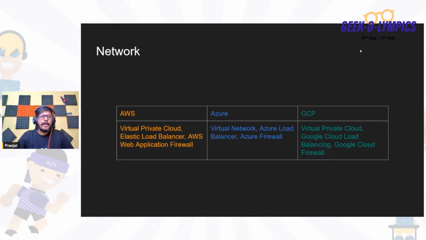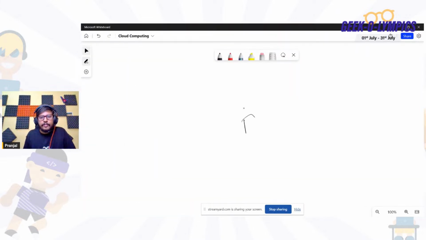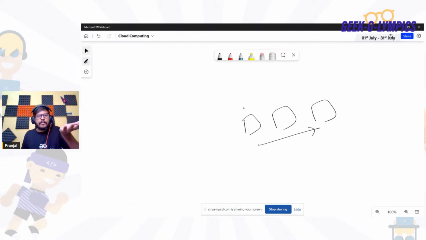Then we have the elastic load balancer, which is going to distribute the traffic among different EC2 instances. Just understand, if you have multiple EC2 instances where your application is deployed, these instances will be automatically created if it is done with the auto scaling group. Whenever the demand is high, it will increase the number of virtual machines, and when the demand is low, it will kill those virtual machines. So whenever traffic is coming, it will distribute the traffic, and this distribution is done by the load balancer.